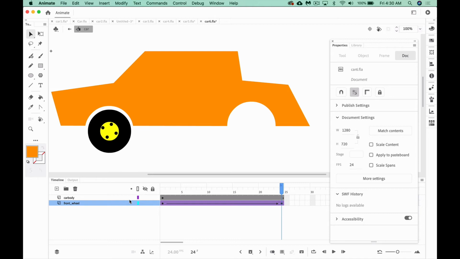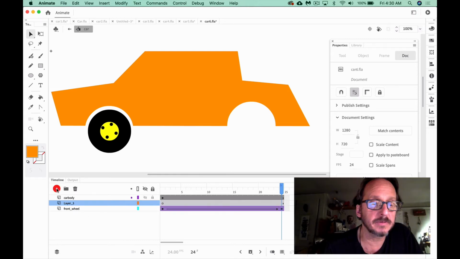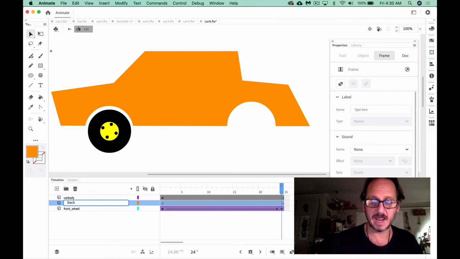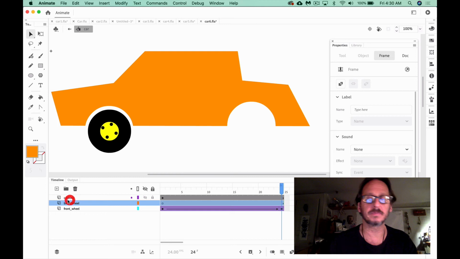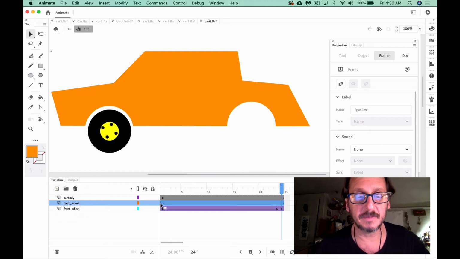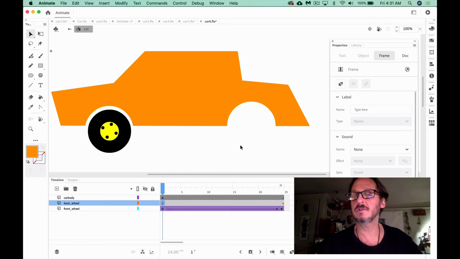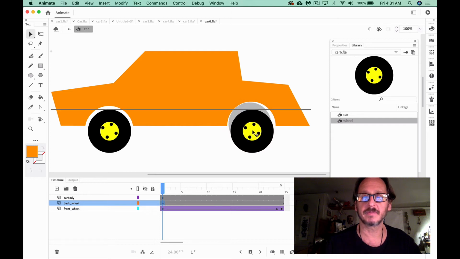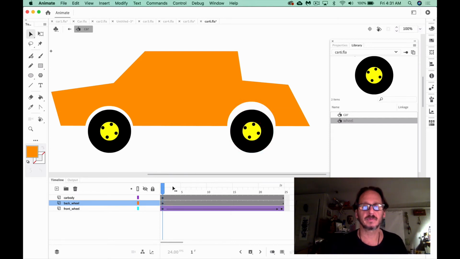I like it. So what I'm going to do is make a new layer by clicking the new layer button. And I'm going to change that name to back wheel. But that's fine. So I have an empty layer, and there's the first keyframe in this brand new layer. And the beauty of this is the back wheel, I'm going to just pull it out of the library. Remember, we made the wheel into a graphic symbol, so we get to drag it out. Now this one, though, isn't rolling yet. So here's the back wheel. I put it on the back wheel layer.